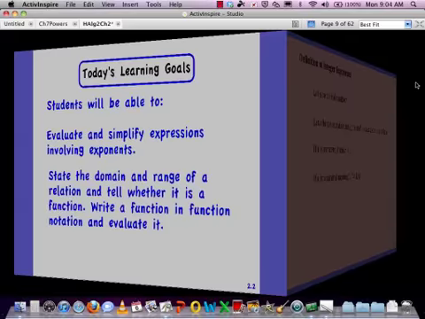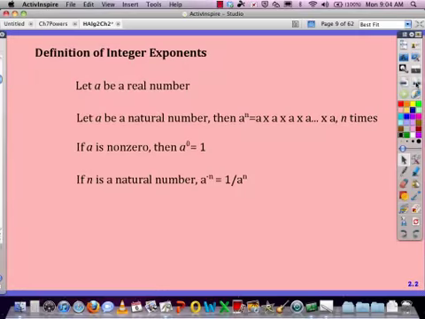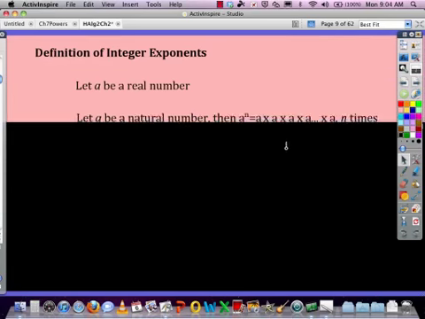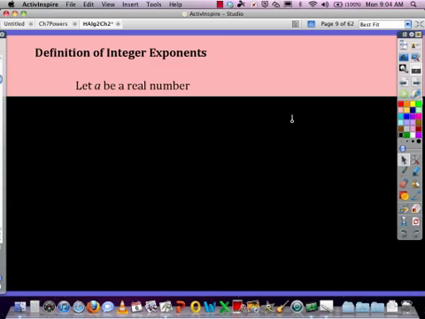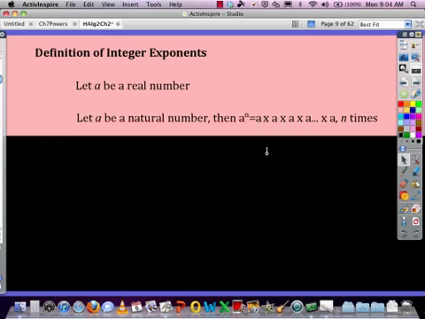So, let's get started with some old but useful definitions. Definition of integer exponent starts off with let a be a real number. So we're thinking of any possible number that we've used before. From there, let a be a natural number. Now if a is a natural number, we're not including 0 in the natural numbers, remember, then any real number